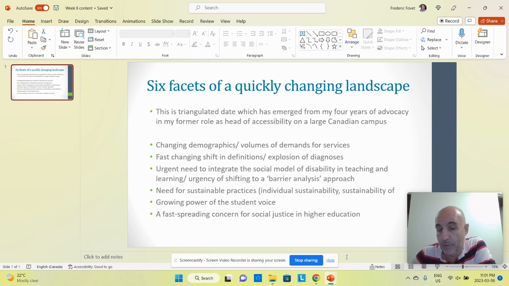The fifth element is the growing power of the student voice. There are more and more students able to advocate for themselves, and when they advocate for themselves, as early as middle school, they're advocating for whole class approaches that do not stigmatize them, that do not request medical documentation, that do not set them aside in the classroom by making them look different. So that culture now is at sort of